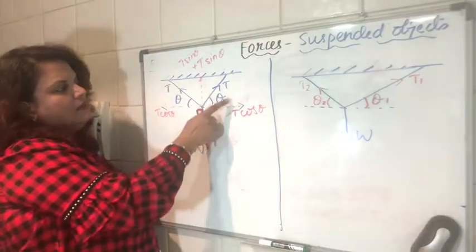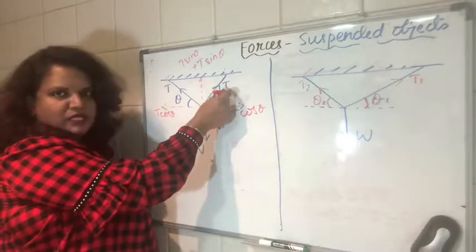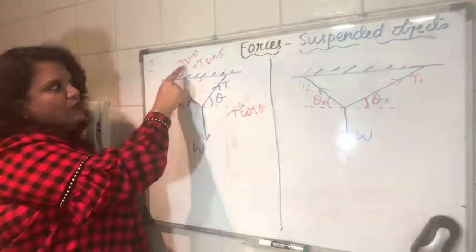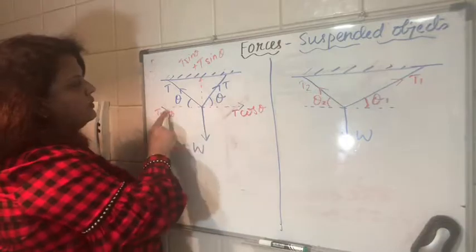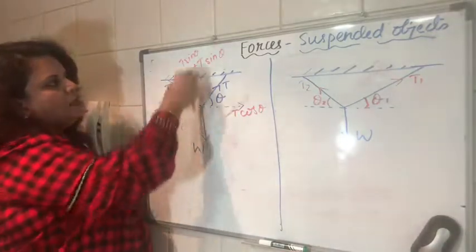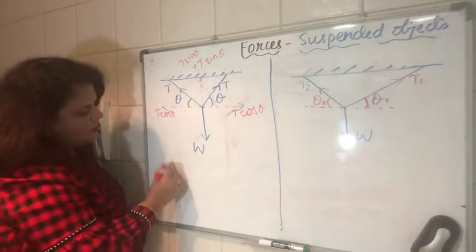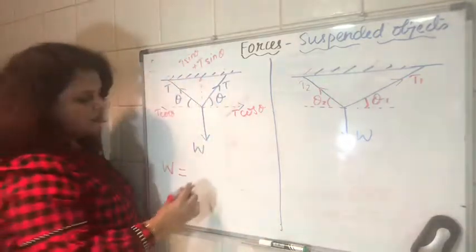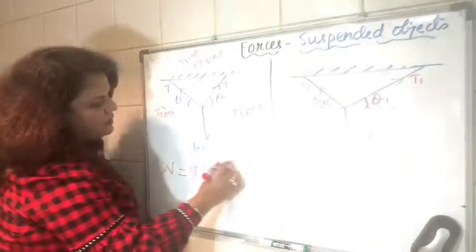Now vertically, these two are acting in the same direction. The component due to this T is T sin theta here, and the component due to this T will also be T sin theta. Horizontally, these two are acting on either side. Obviously they are the same, right? They cancel each other out. But what about vertical? Downwards you have got W, and upwards you have got one T sin theta plus one T sin theta. So you have 2T sin theta in the equation here,